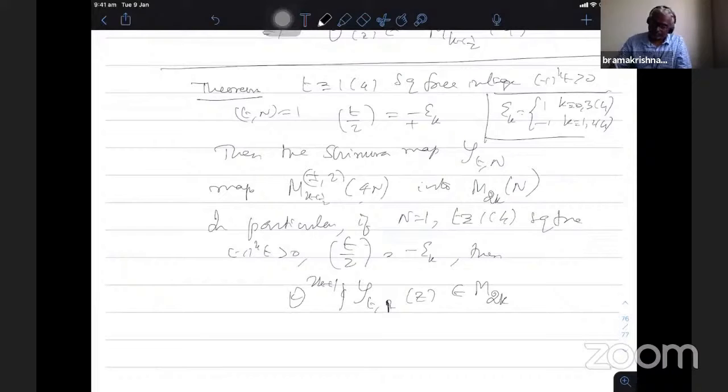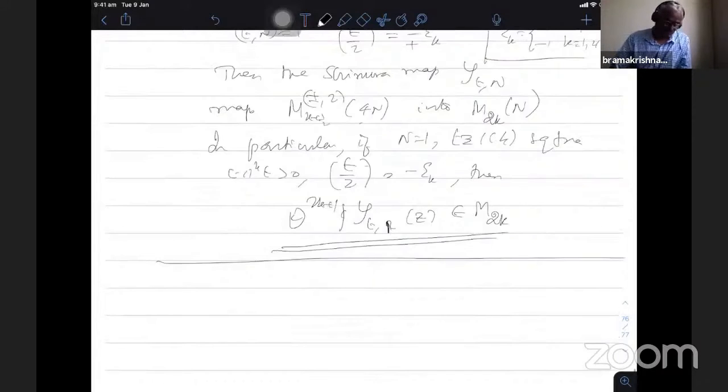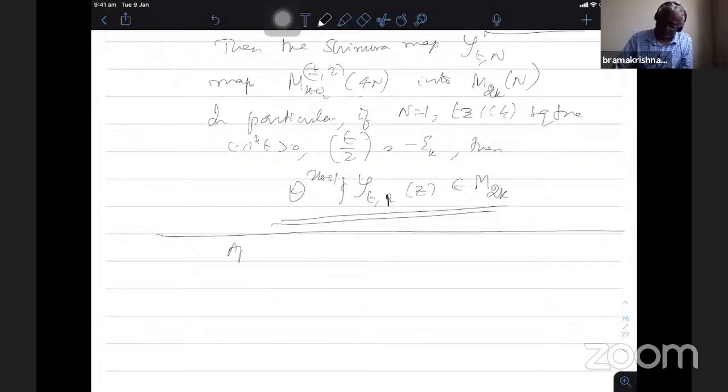Therefore, this special property came up when we wanted to get the formula for the number of representations of n as a sum of 2k+1 squares. Then we wanted to use the Shimura map to get the formula. So this theorem gives you a very simple formula using only the basis elements of M_{2k}. Otherwise, if I use only the usual Shimura map for this, I get these functions in terms of a basis of M_{2k}(2). So this application is to get a nice formula